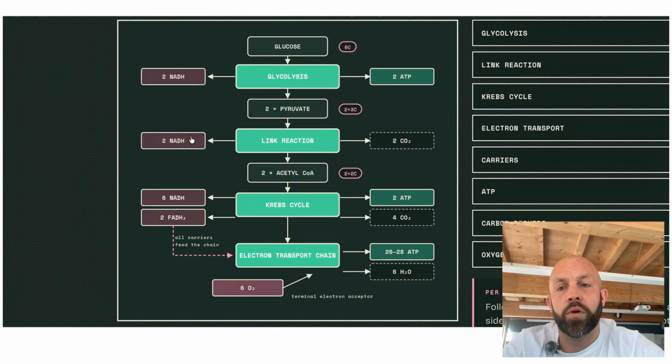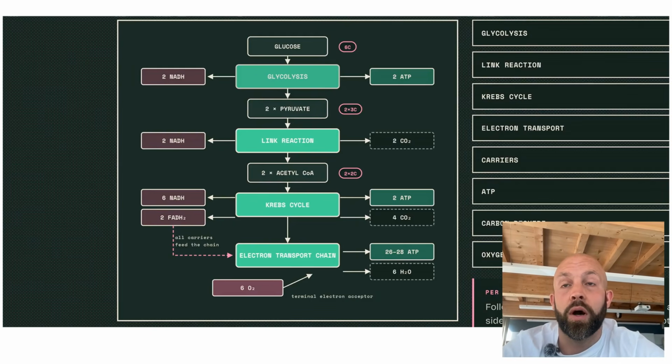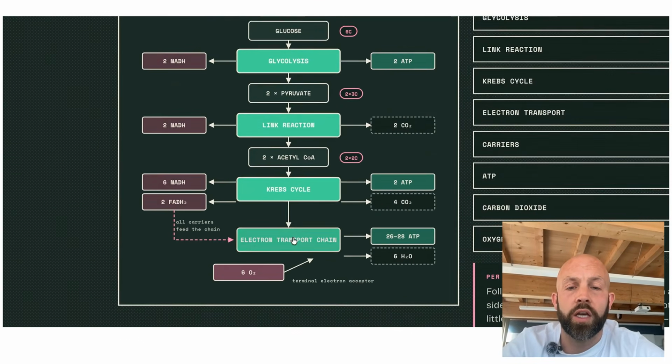And you can see every step along the way here is trying to build up and create hydrogen ions that will get taken to the electron transport chain. So these guys here also go down, this arrow should be extended, and a lot of ATP will be produced. So glycolysis is referred to as the common pathway or fermentation reaction, and it's part of anaerobic respiration too. It's something that is a precursor to the rest of aerobic respiration,